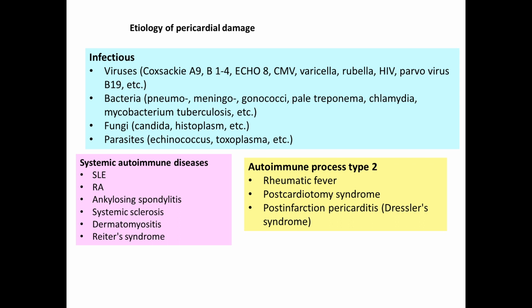In the first place among etiological factors of pericardial damage is infection, like viruses, bacteria, fungi, and parasites. Systemic autoimmune diseases can mostly result in damage of the pericardium, like systemic lupus erythematosus, rheumatoid arthritis, ankylosing spondylitis, systemic sclerosis, dermatomyositis. Also, type 2 autoimmune processes may result in damage of the pericardium, like rheumatic fever or post-infarction pericarditis, or Dressler